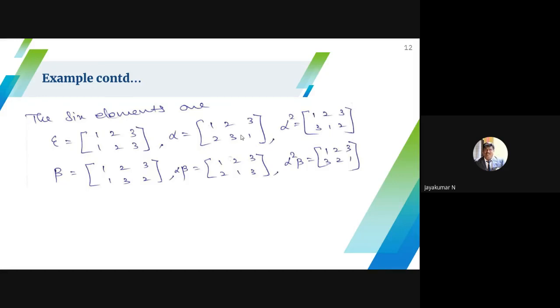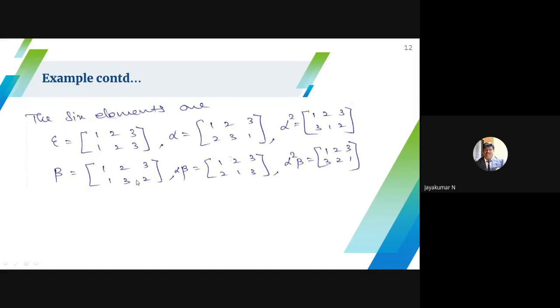So here I write it in a different way. I choose first epsilon, the identity function. Then I can choose some permutation alpha randomly, then square it, cube it. Whenever you get the identity element, stop the procedure. Similarly, choose another permutation, square it, cube it. If you get the identity element, stop. Then just multiply. Here the set contains 3 elements, so at least 3 different permutations you have to find first. First I consider this one, second I consider this one, then square it, I get some other one, cube it, again I get identity, so stop here.